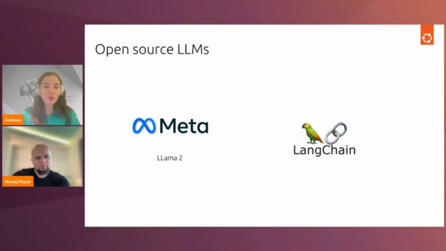And now I'll move towards two famous LLM models. I think the industry talks a lot about them. Maciej, which one do you prefer, Llama 2 or LangChain? That's not really the correct question, because Llama 2 is actually a large language model, and LangChain is just a tool that helps us to do all of this pipelining and things around that I was showing on the picture.